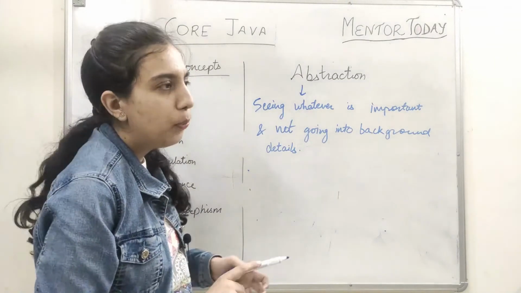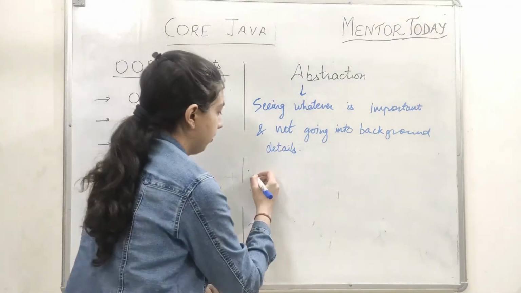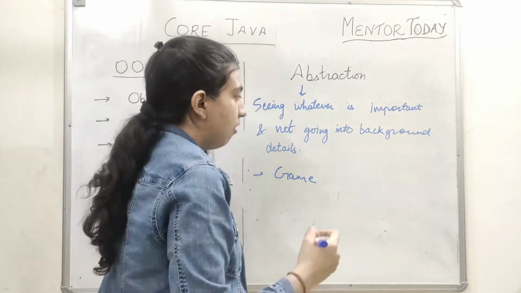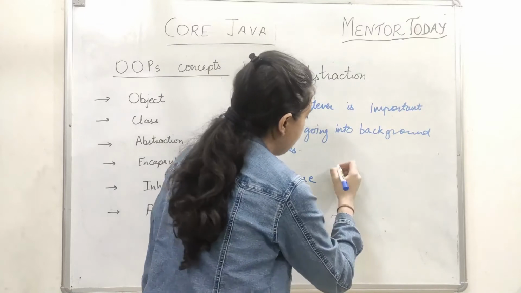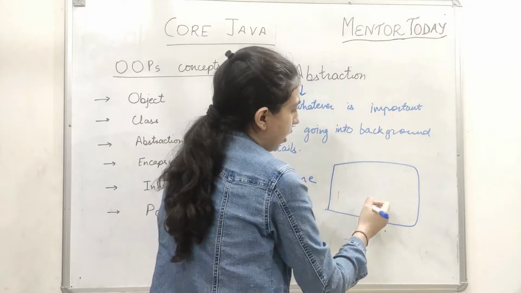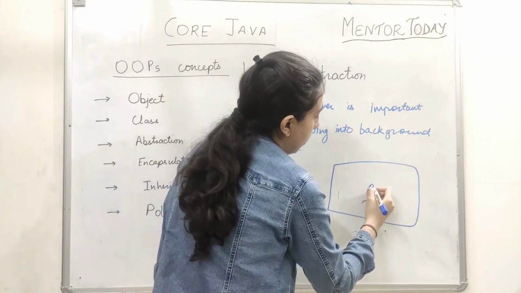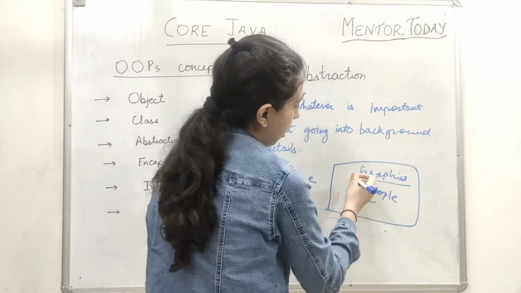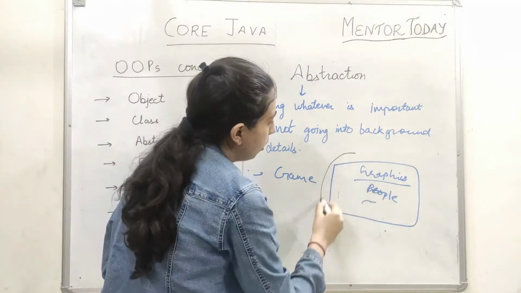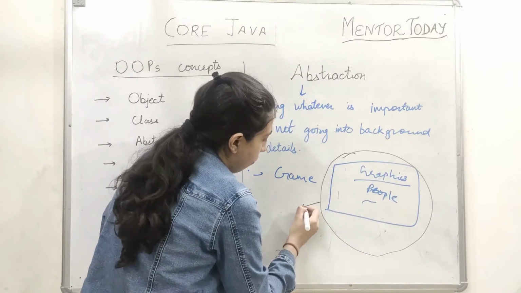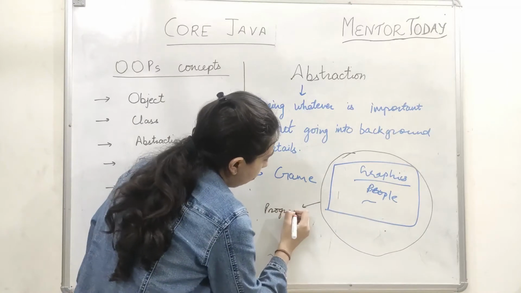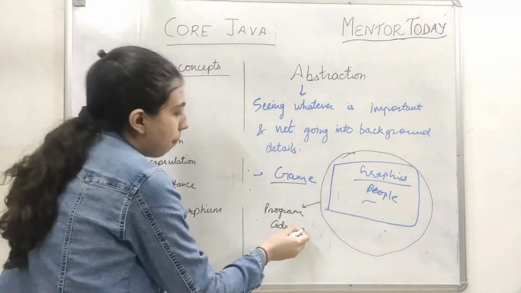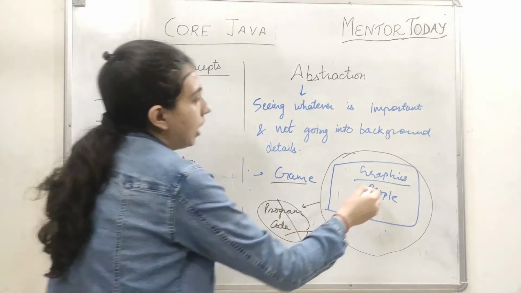For example, you downloaded a game on your computer and it has lots of graphics. For example, you downloaded a very popular game and it has people running around, guns. Now these are graphics and you can only see that on your screen. You can't see the code involved behind this program. Whatever programming we have done, whatever coding we have done behind this game, we can't see that. So this is abstraction. We are not going into the background detail. We are just looking at the graphics.